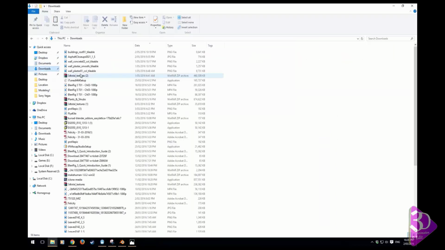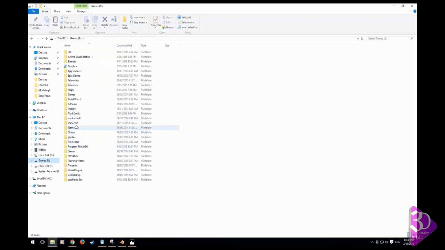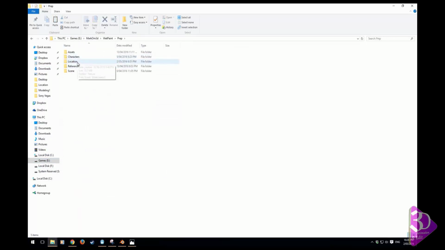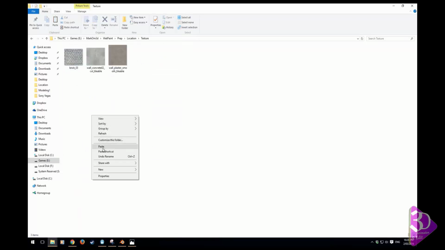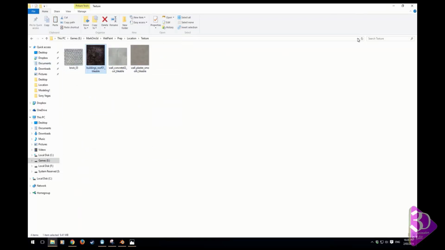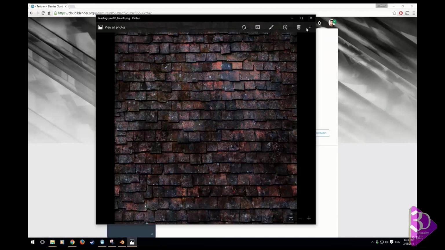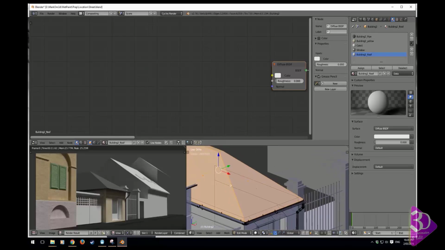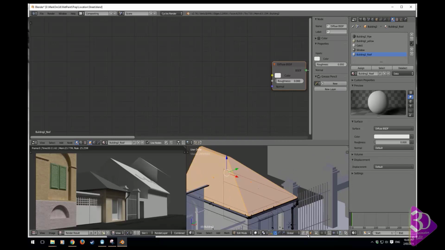Downloads. E drive. Wet paint bed location, textures. Right click, paste. Okay, roof. Beautiful. Go away. Delightful. Okay, so what we're going to do is